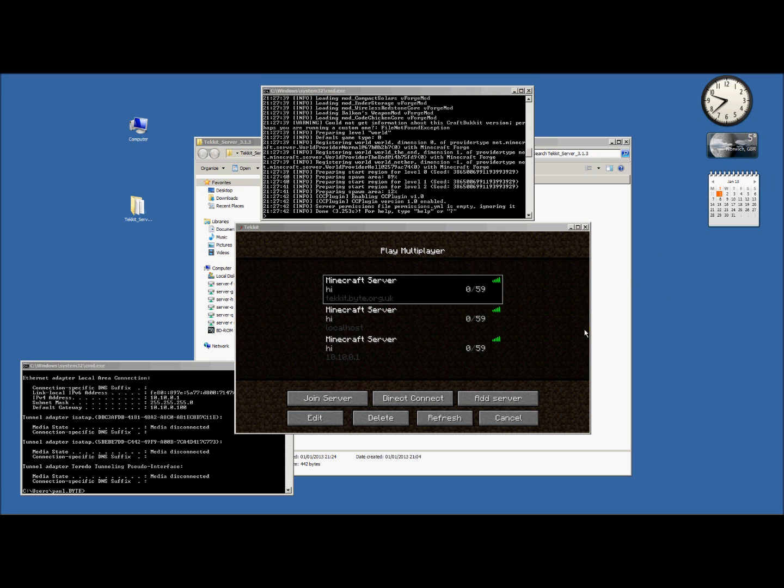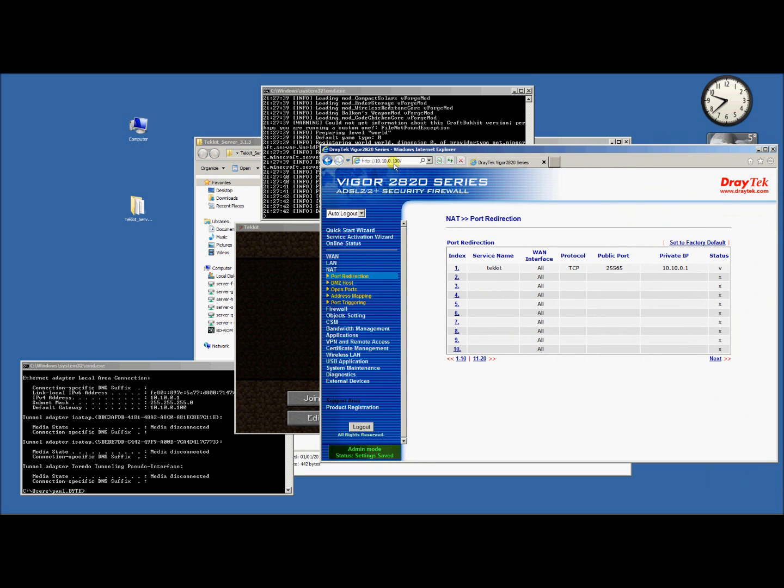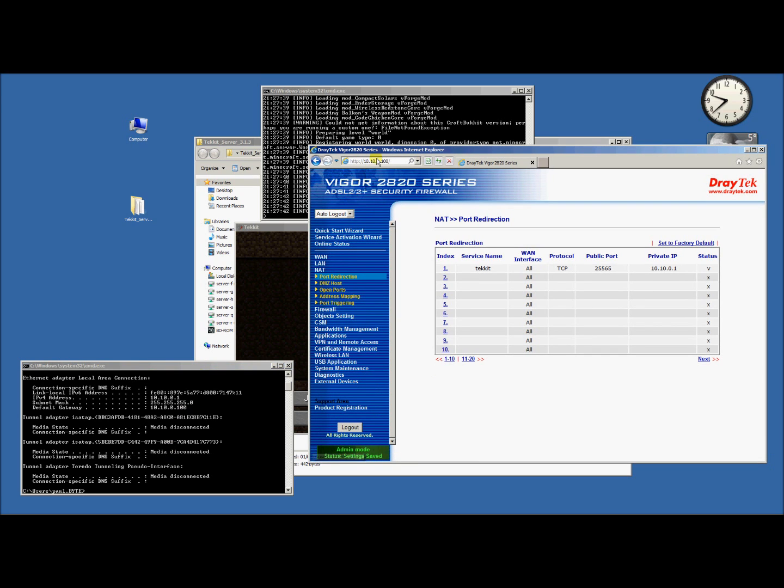Just a quick second about how to get into your router. As you might have noticed there, I had an IP address up here. When you do your IP config, not only does it tell you your IP4 address here, 10.10.0.1, it should tell you your default gateway here, which is, for me, 10.10.0.100. If you open a normal browser, and as you can see, I've just typed in the gateway there,